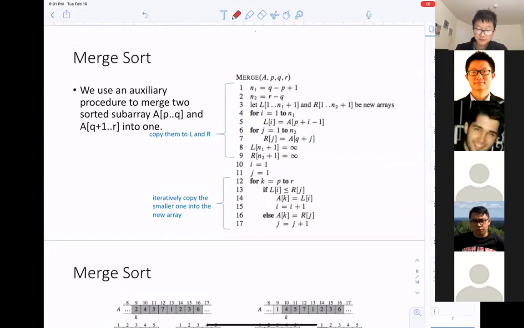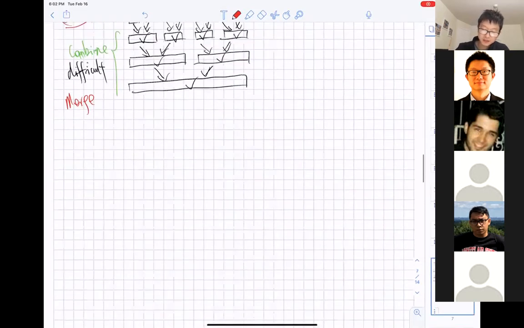Isn't it the array? Yes, capital A should be an integer array. Cool. And then we have P, Q, R. What does PQR stand for? I'm going to show you next. I'm going to write it down over here.